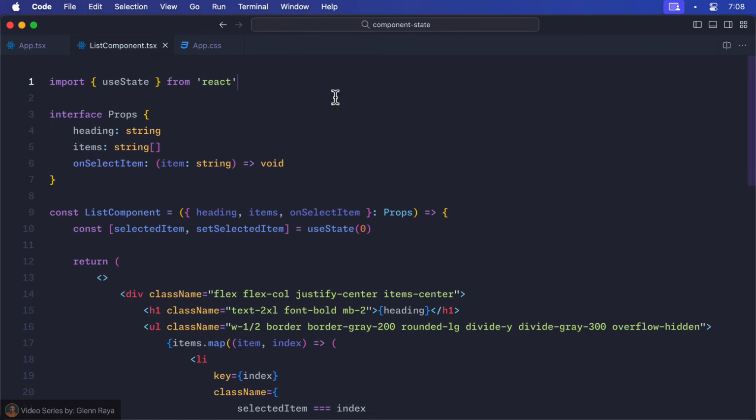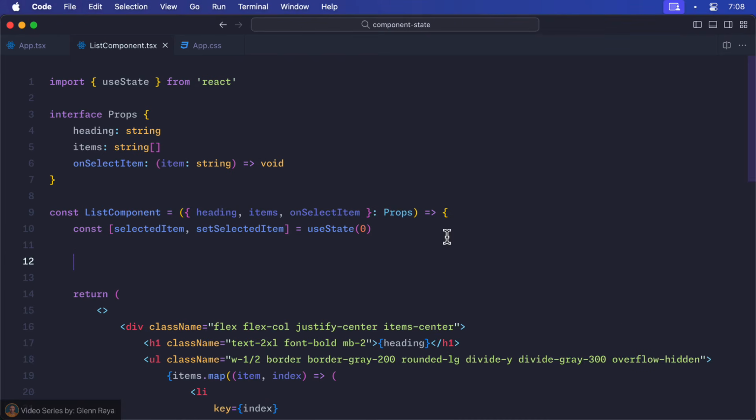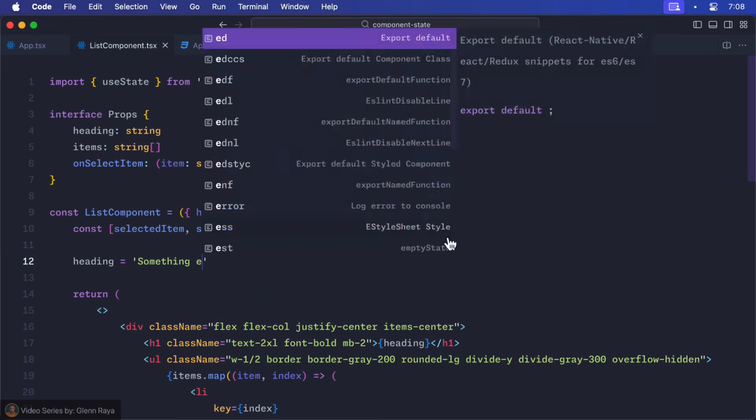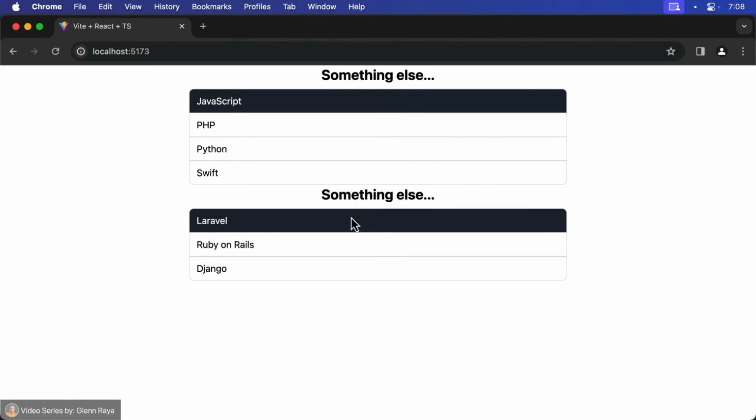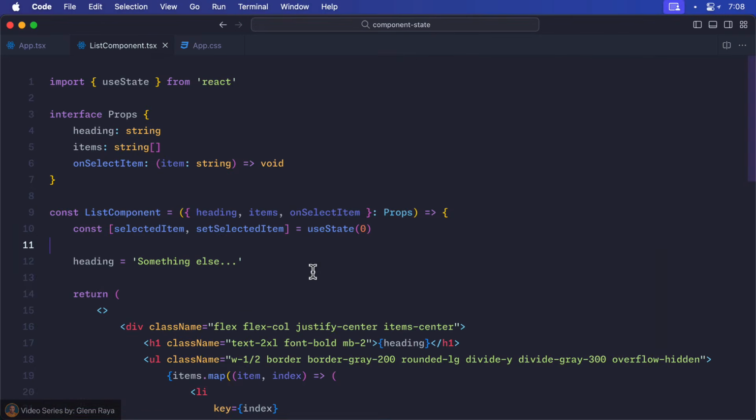Here in our list component, we have a heading prop. Let's try to change or mutate its value. Say something else. Let's check this in the browser. And look, the value of our heading was changed for both list components. This is an anti-pattern in React. I highly discourage you from doing this because props are intended to be a stable and unchangeable source of data